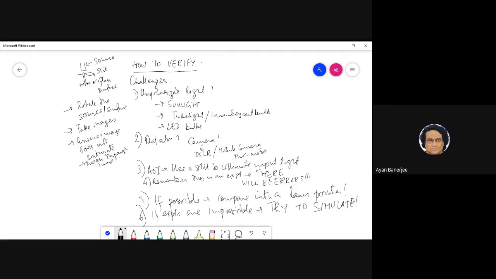In 2020, we did an experiment where we actually proved that with the laser pointer, when you change the angle of incidence, the reflectivity changes. If I use a bulb or tube light, it is mostly the same. You will never forget this in your life. This will probably be an experience.